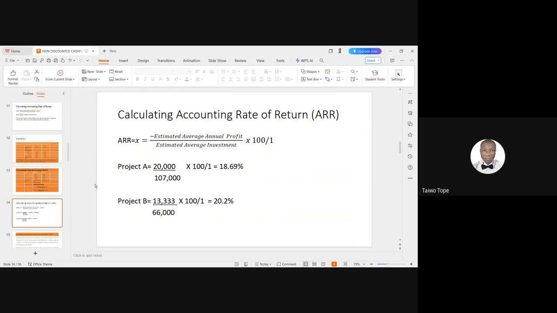For independent projects, accept if the accounting rate of return is greater than or equal to management predetermined rate. And for mutually exclusive projects, what do you do? You accept any project with higher accounting rate of return, provided it is greater than or equal to management predetermined